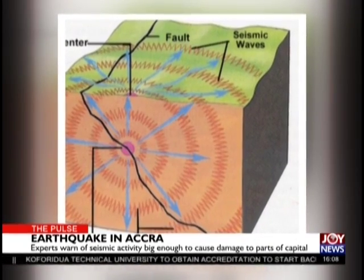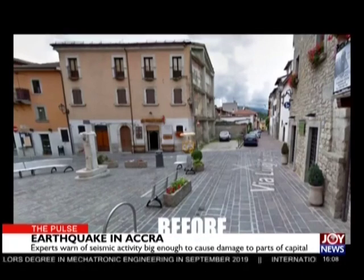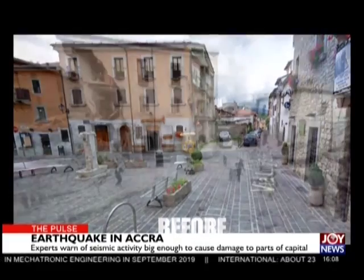Okay, so assuming that an earthquake happens right now, what's going to happen? Yeah, an earthquake is a mass casualty event. What it means is that when it does happen, a lot of people are affected. When it happens and we get it,